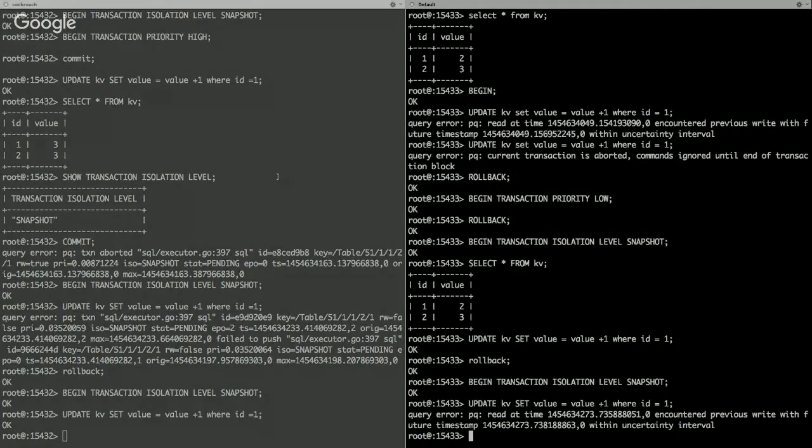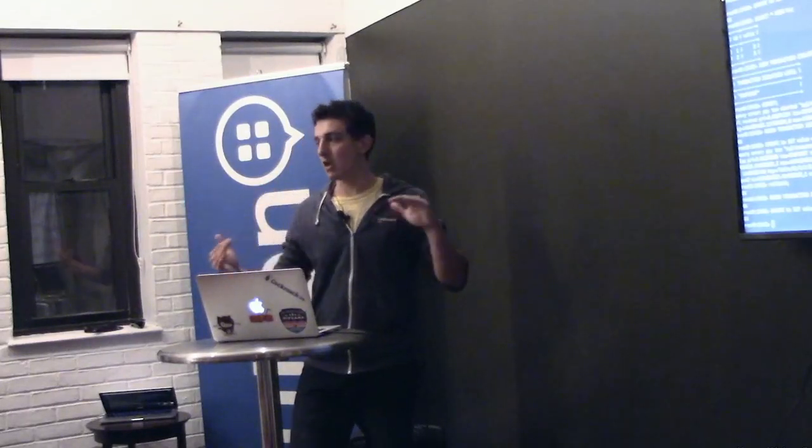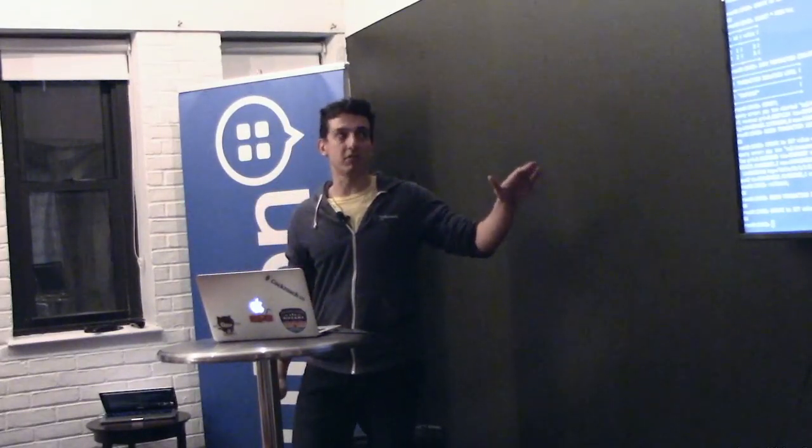This is like a bug that we never got to the bottom of. But the intended behavior is that both of those increments would independently succeed, but you would see that the key had only incremented by 1, because they both wrote the value of whatever it was at the beginning plus 1. Does that make sense? No, because on the right, I'm confused because I don't understand how that